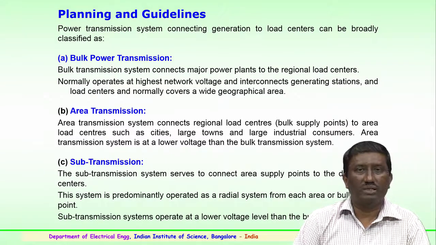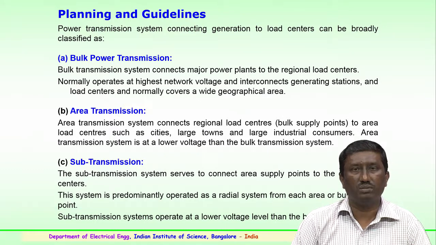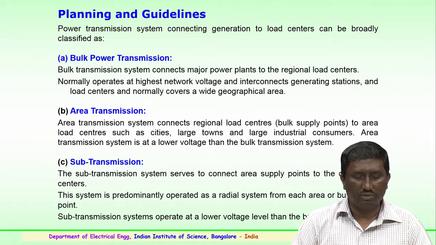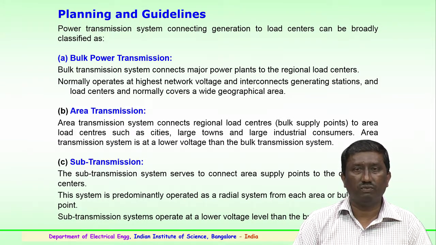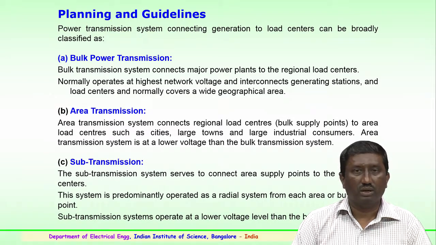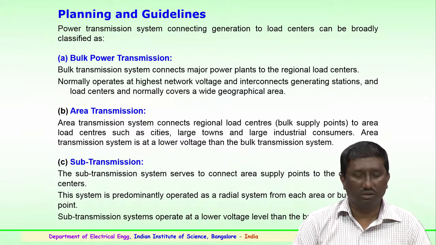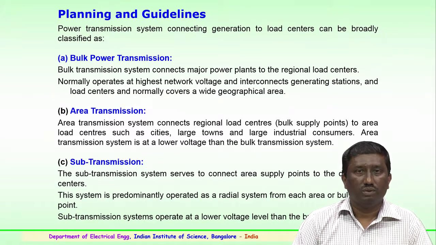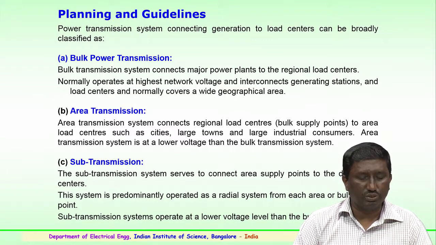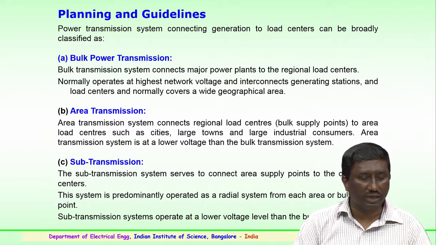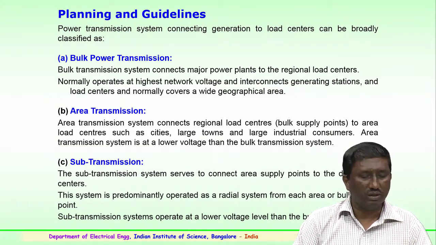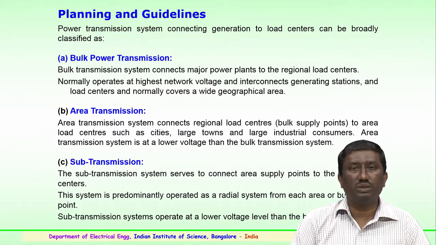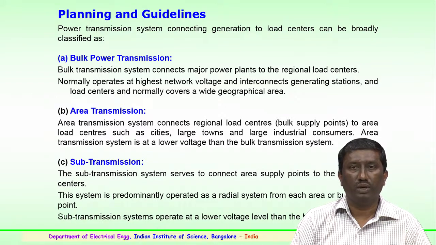So, planning and guidelines are very important in the case of a power transmission system, because power from the generating station to the load centers has to be properly planned and economically transmitted. The planning and guidelines for the transmission consist mainly of three categories. The first is bulk power transmission, where the bulk transmission normally consists of major power plants, which could be thermal, nuclear or hydroelectric plants, and the